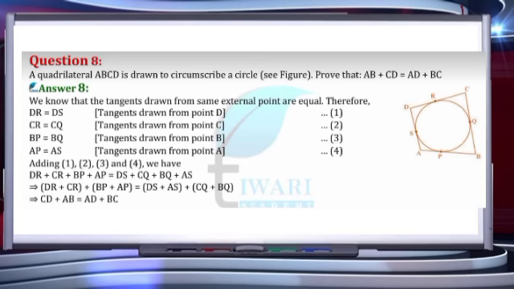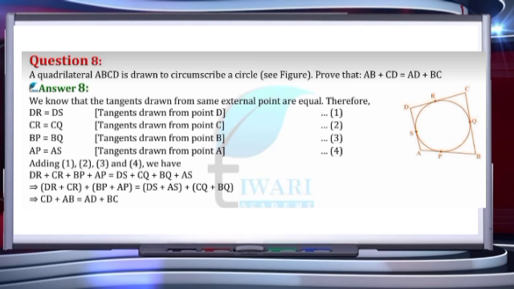Next, question number 8: a quadrilateral ABCD is drawn to circumscribe a circle. Circumscribe a circle means the quadrilateral is outside the circle, and the circle is inside our quadrilateral, as you can see in the figure. Then prove that AB plus CD is equal to AD plus BC. The result we are going to use here is that the lengths of the tangents to a given circle from an external point are equal. So here we have the result AP is equal to AS,